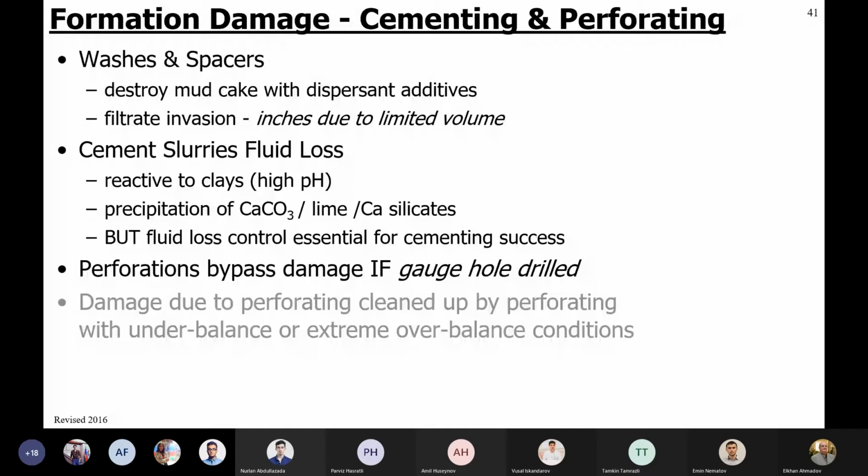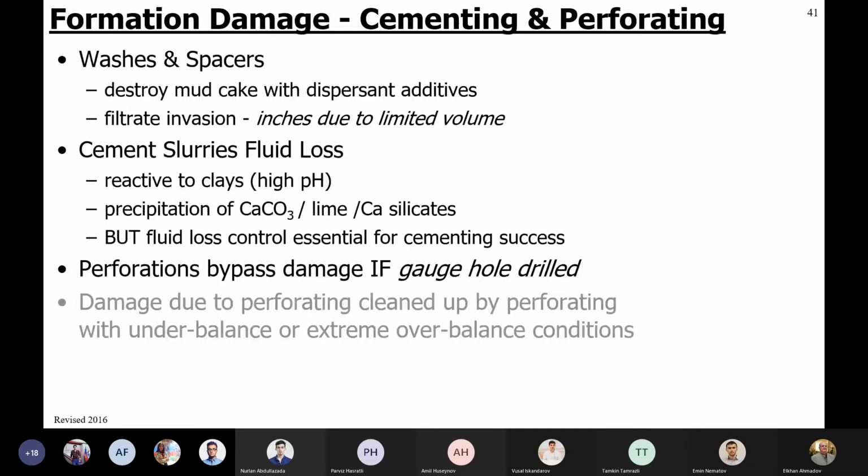Then the cement slurry fluid loss is more dangerous, because by losing the cement slurry into the reservoir, we will create even more severe damage to the reservoir,